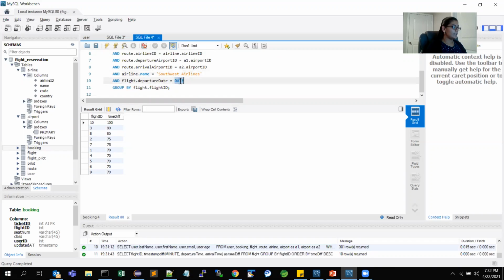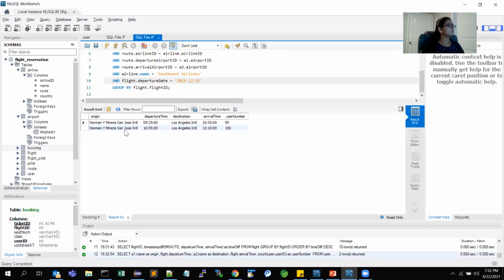And the date as 2015 12/25. So now let's run this query. So this is the user number on these flights.